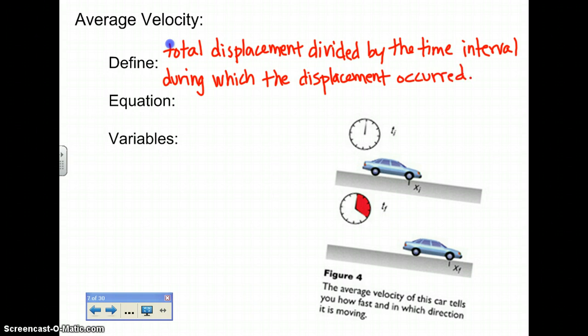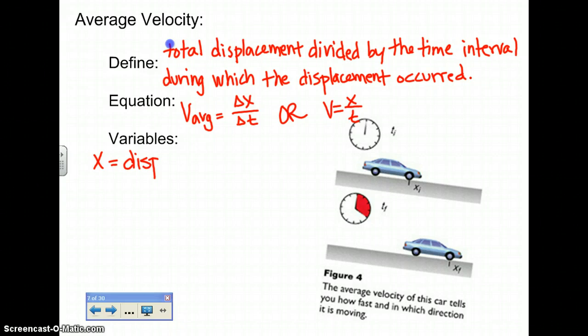Your equation here is going to be the average velocity equals delta x over delta t. Or you may just see it very generally written as velocity equals displacement over time. Your variable is here, and I'm going to stick with the general, guys, because I know that you understand what delta means. So x is going to imply displacement,